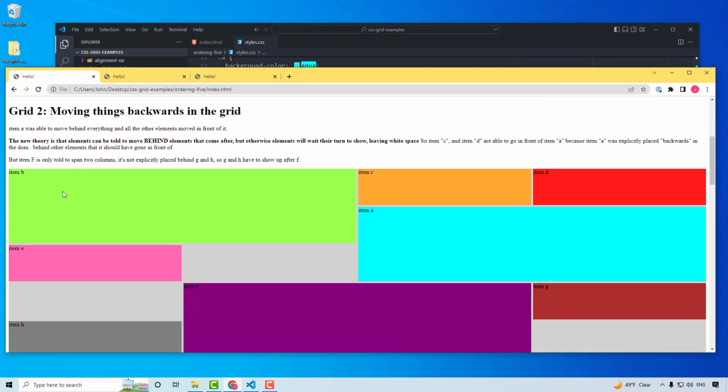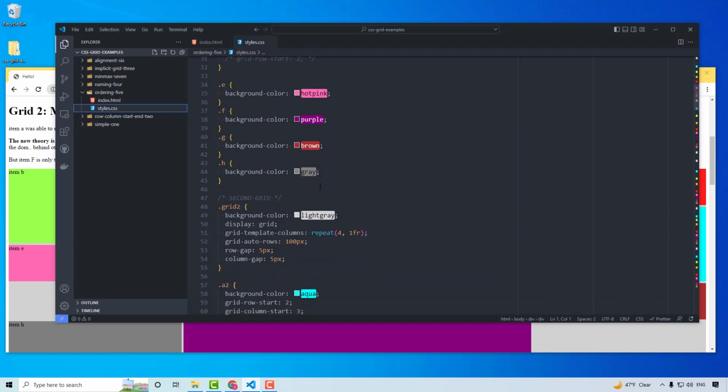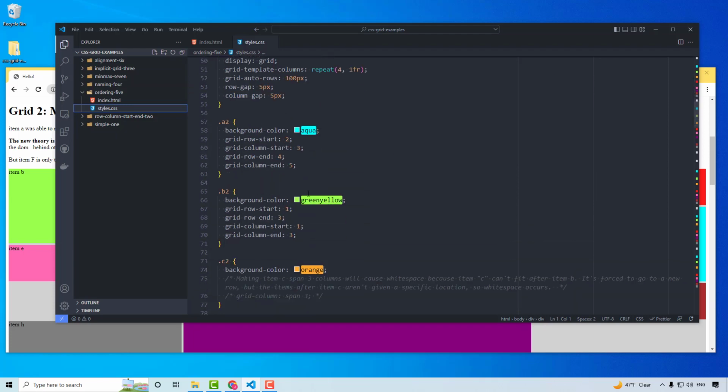Let's look at example number 2. So now we'll notice we have item A behind item B, C, and D. You may think it's behind item E, but E is actually a row lower. So item E actually comes after item A in this situation. But anyway, item A is coming after item C and D. So you would think maybe C and D are explicitly positioned before item A. But if you actually look at the code in the grid 2 section, which is again the A2 class, we can see A2